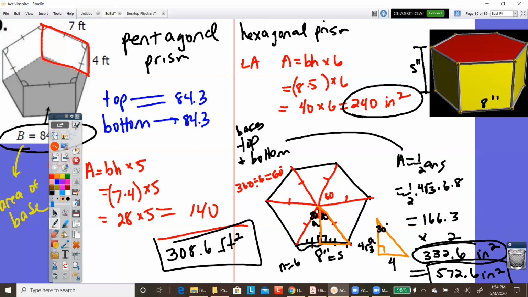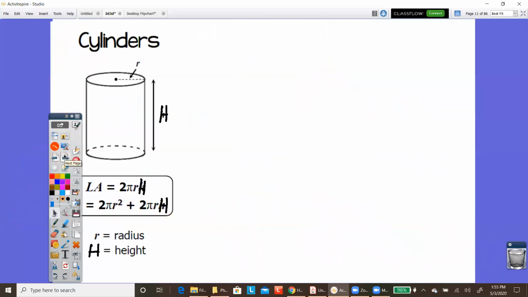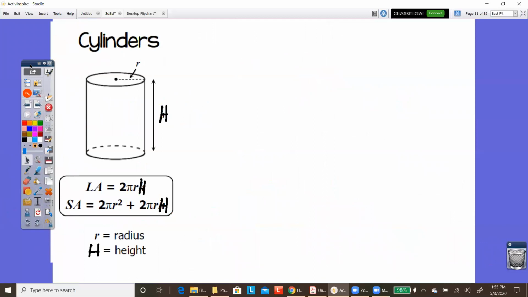Now, moving on. What about for the round shapes? The round shapes consist of cylinders. Right now, we're going to stick to the 2 base shapes, but a cylinder. For a cylinder, I am going to focus a little bit more on a formula, okay? And why? The reason is that for a cylinder,